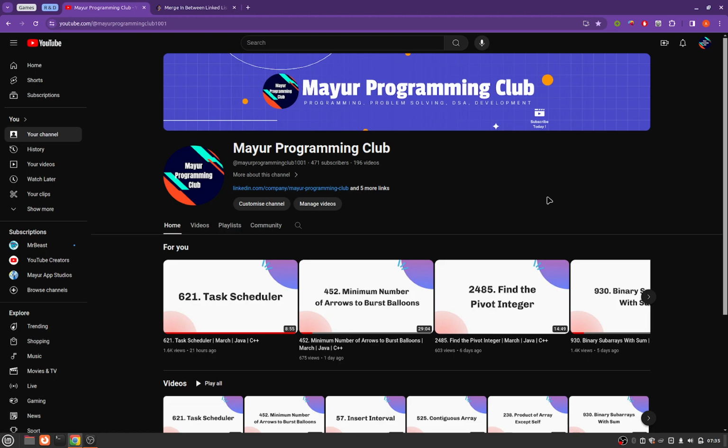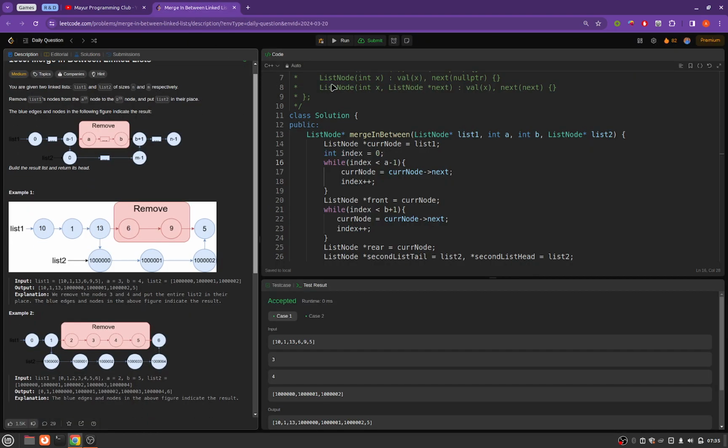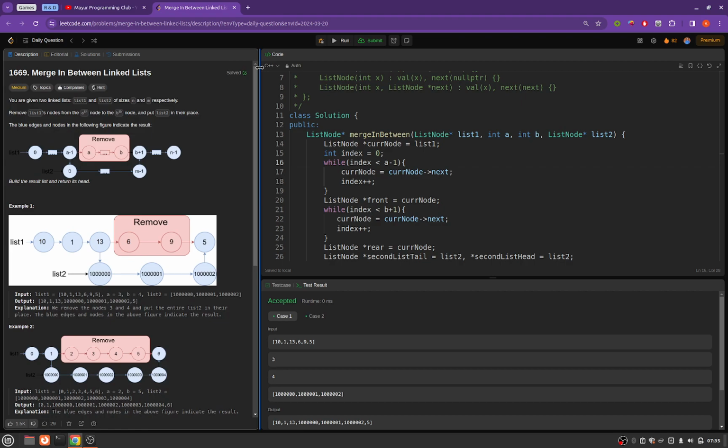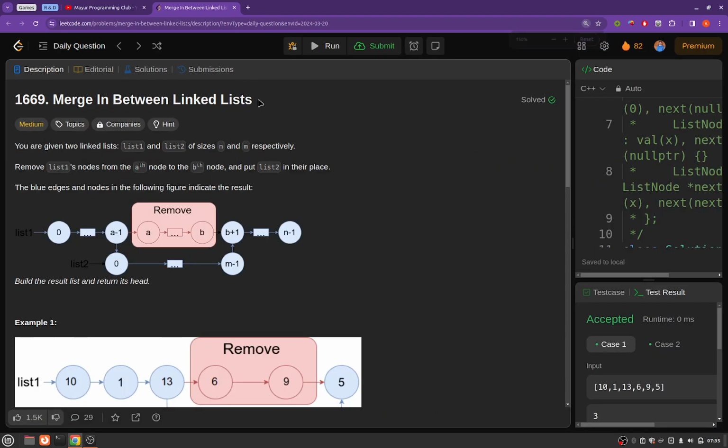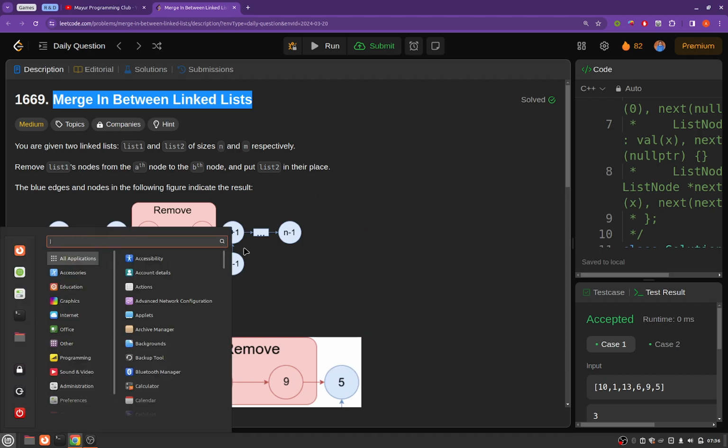Today we will be solving another daily LeetCode problem, and the problem's name is Merge In Between Linked Lists. Okay, so let me describe this problem statement in my own words. And so what you will be given is